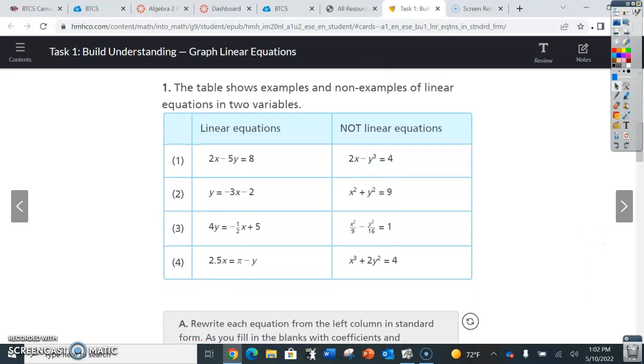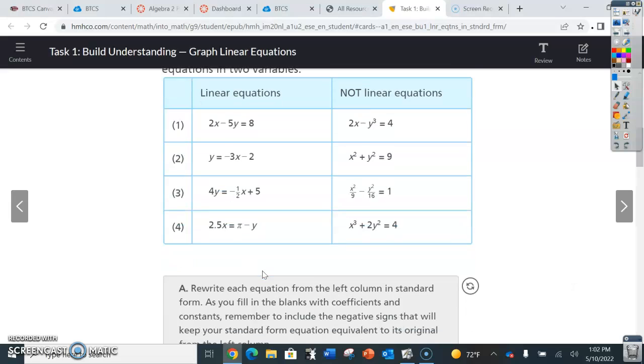The table shows examples and non-examples of linear equations in two variables. All right, so on the left you see linear equations. Each of these has an x and a y. On the right, you see nonlinear equations. Each of these has a higher exponent. So there's a cubic term, squared terms, cubic and squared terms. So remember, a linear equation is an equation of a line, and x and y would only be to the